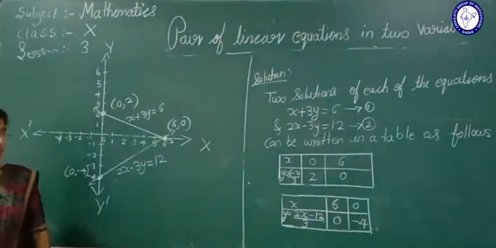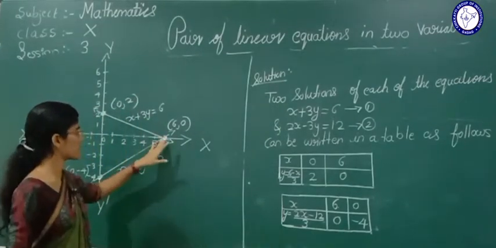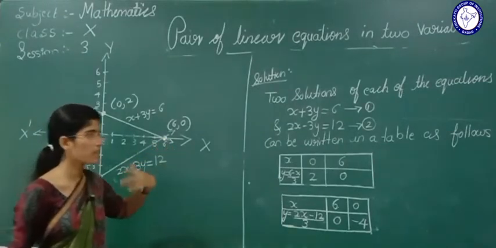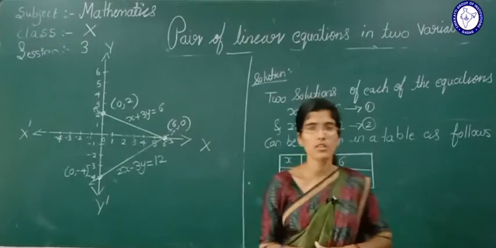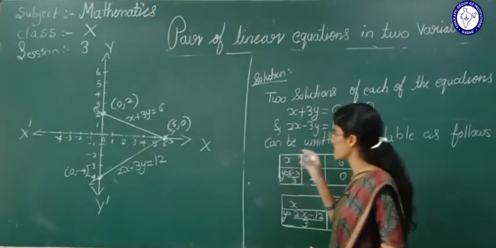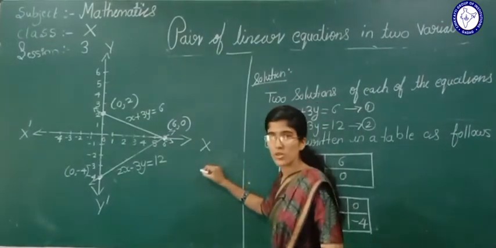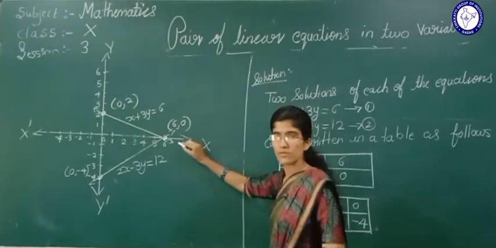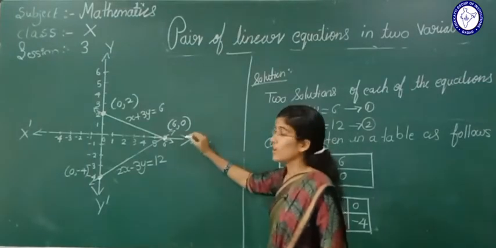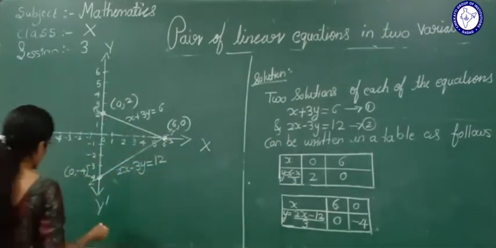So now tell me, these two lines are intersecting, right? What can we tell, is it consistent? Yes. I told that when two lines intersect or they coincide, then the system is going to be consistent. Here the system is consistent because it has a unique solution. If two lines intersect, we have a unique solution.